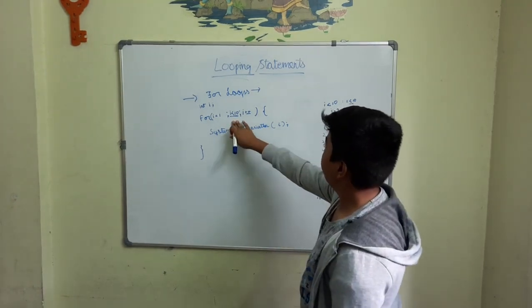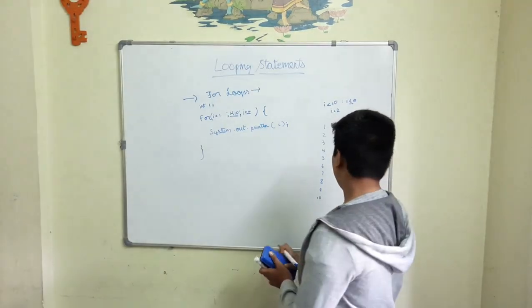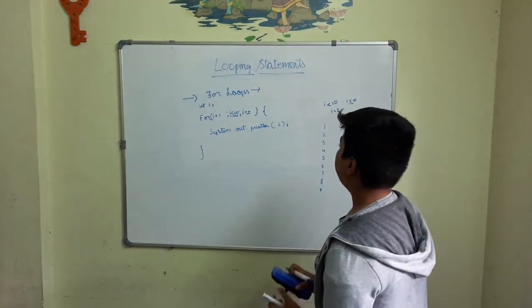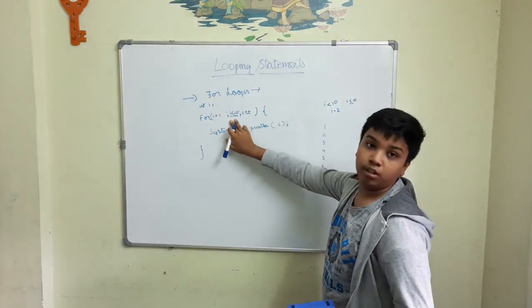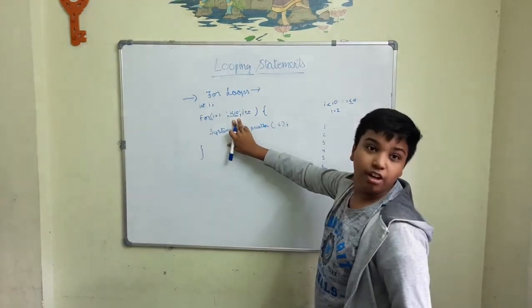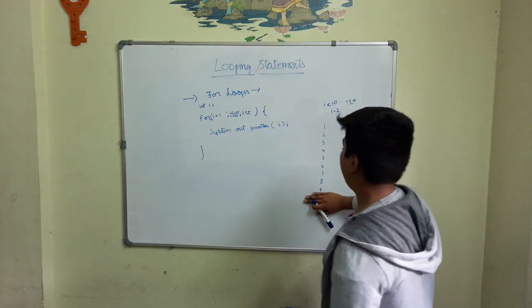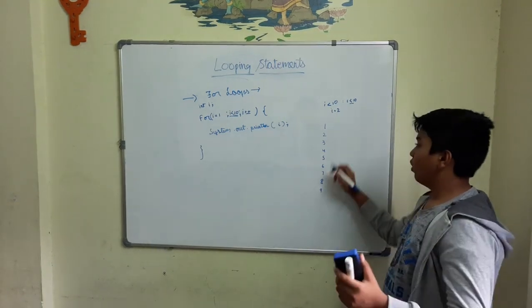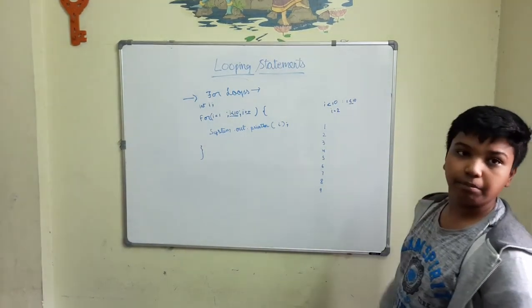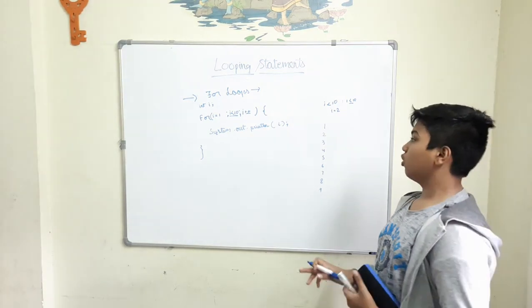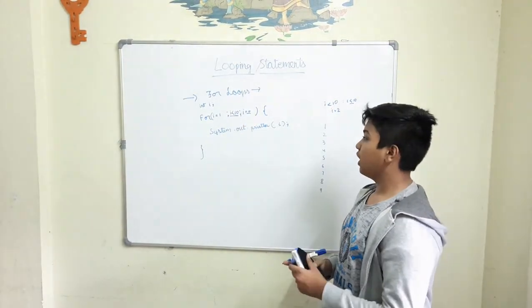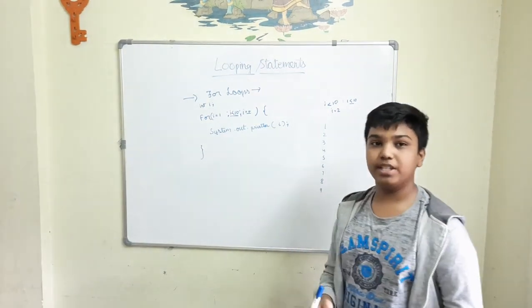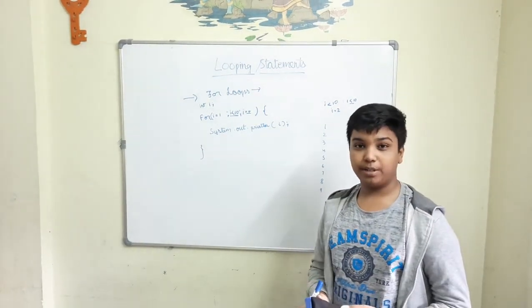So the value of 10, it will not actually print, because 10 is not smaller than 10, 10 is equal to 10. So this will become false, it will not print, and it will stop with 9. So it will print 1, 2, 3, 4, 5, 6, 7, 8, 9. Okay? And it will stop after this condition becomes false. So that is the basic ideology or the basic logic for any looping statement.